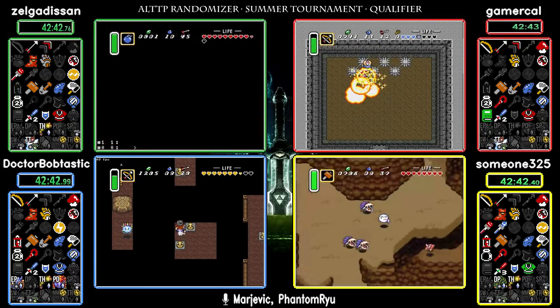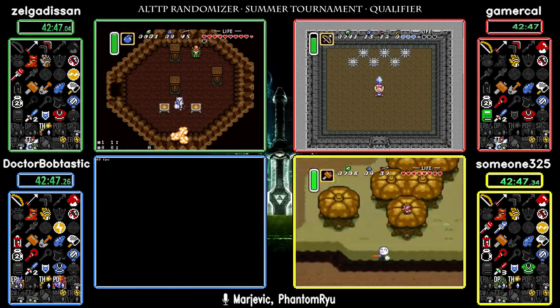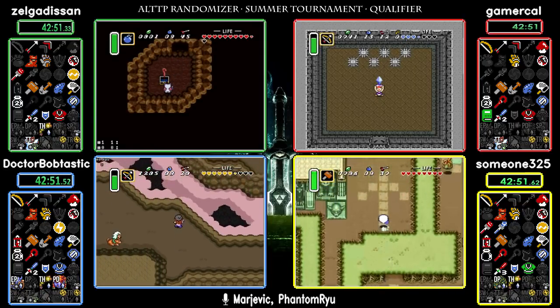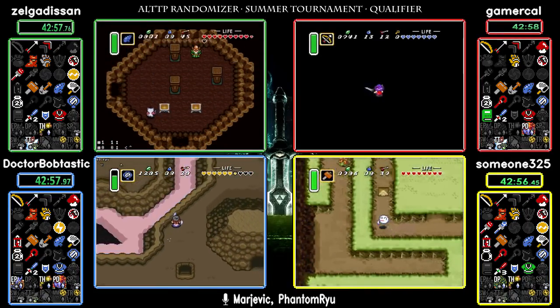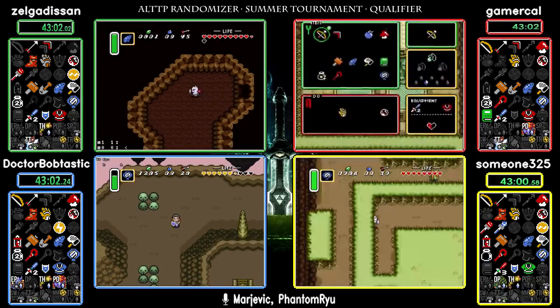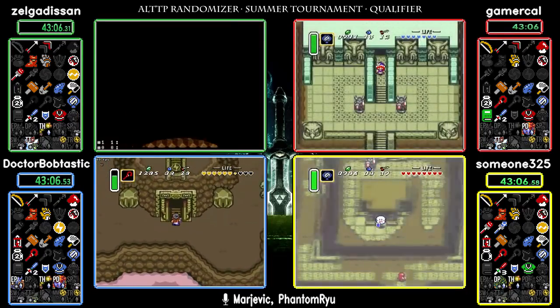Are you gonna try to hover here, Bob? Yeah. You're like, nah. Some fan service for the restream. Yeah, exactly. Selga's got his cane. GamerCal's got Helmasaur King dead, and we'll be going into Eastern. And Bob, if you make this call...